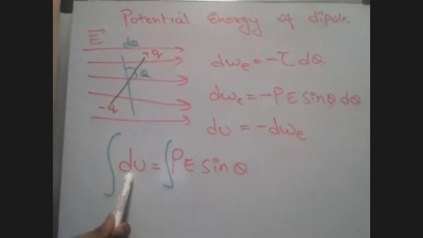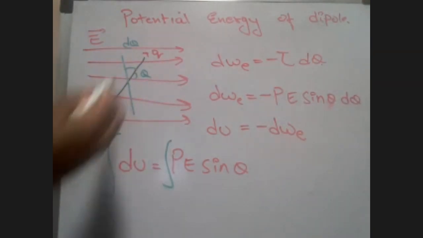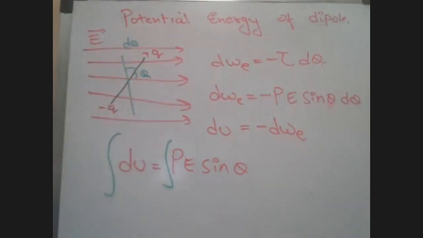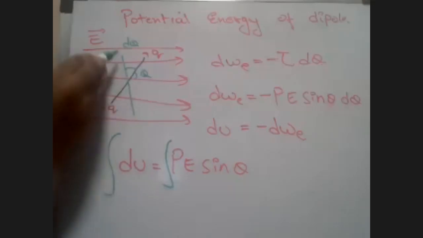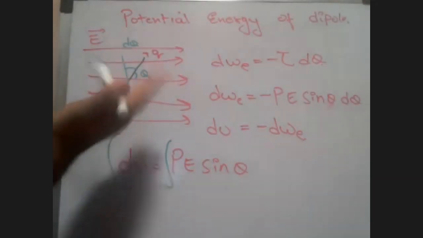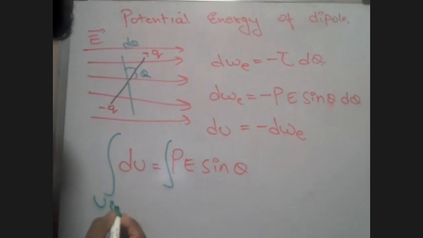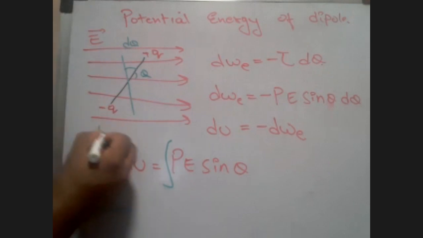There is some potential energy at this point, the black line, and at this point, the green line. I've used two different colors so that you understand that there is some potential energy at the black point. I move it by d theta and there is going to be extra potential energy. We don't know what, we just know there is some difference of potential energy. So I will write the potential energy at the initial phase and the potential energy at the final phase.